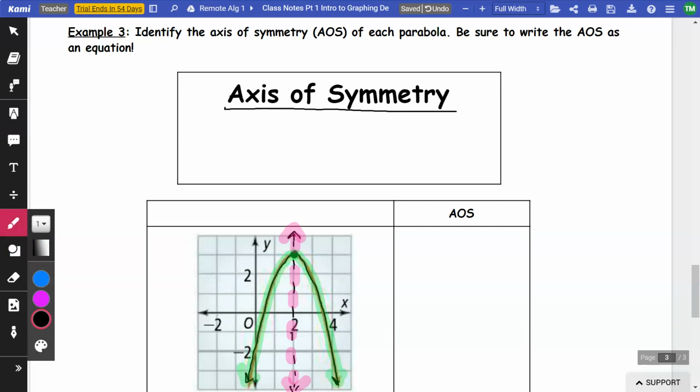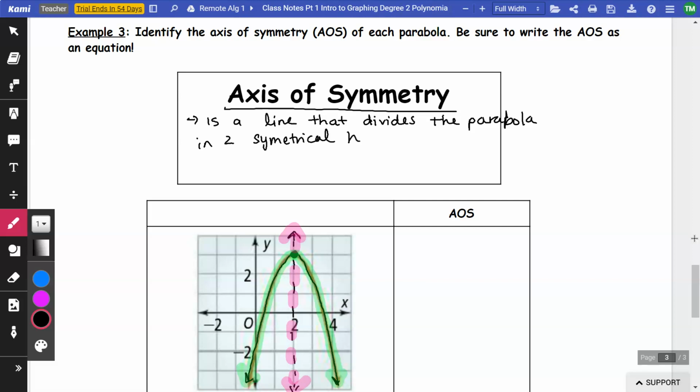So the axis of symmetry is a line that divides the parabola in 2 symmetrical halves. Symmetrical has 2 M's. Y'all aren't here to help me spell. 2 symmetrical halves. And whenever we talk about the axis of symmetry, we want to make sure we write it